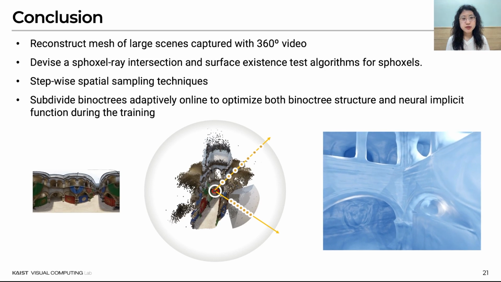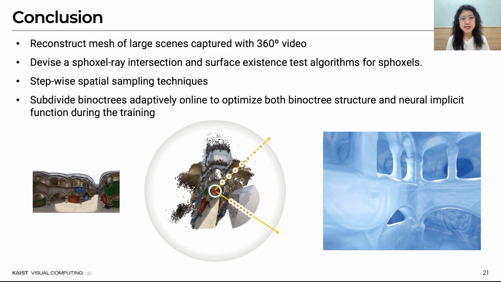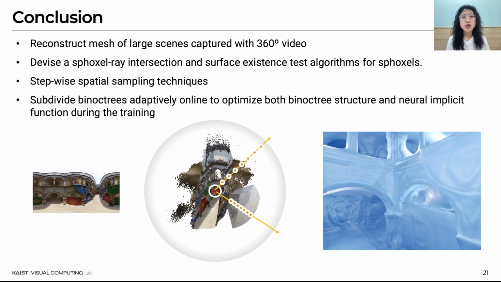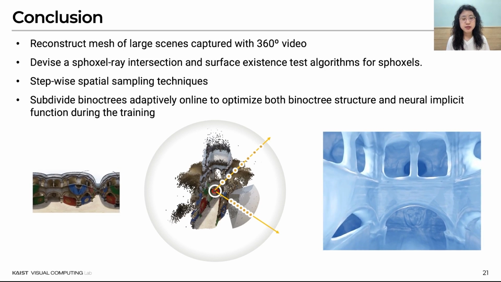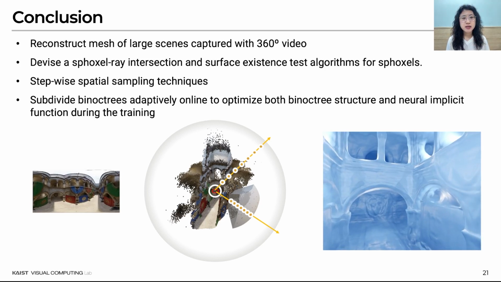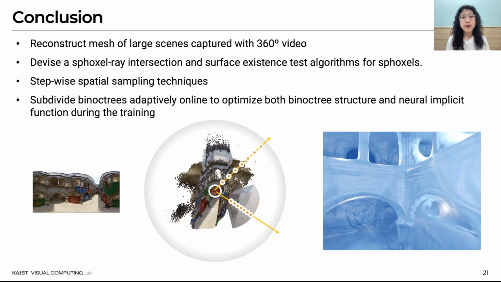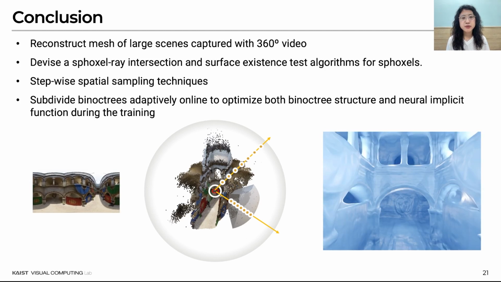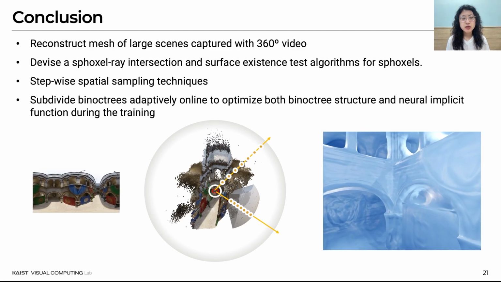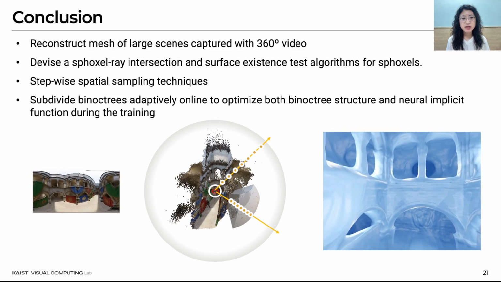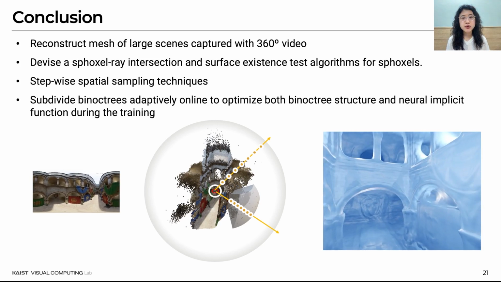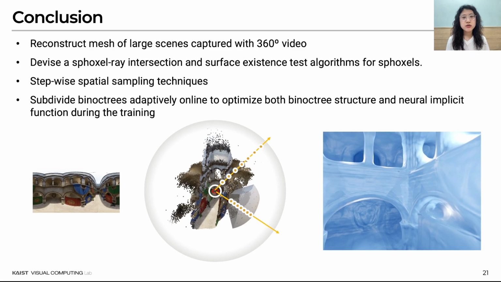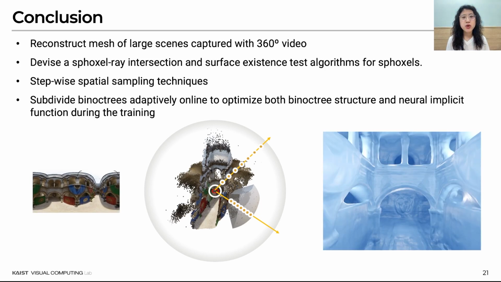We devised voxel-ray intersection and surface existence test algorithms adjusted for the irregular shape of the voxels, and suggest stepwise sampling techniques that are guided by coarse voxels and adaptive fine voxels. As a result, we could subdivide the Binoctrees adaptively online to optimize both Binoctree structures and neural implicit functions for more accurate and